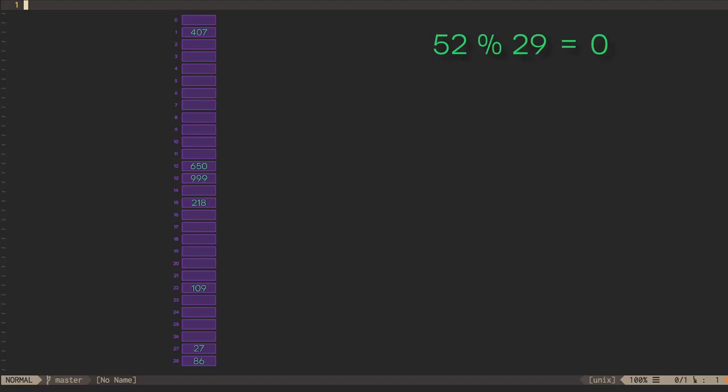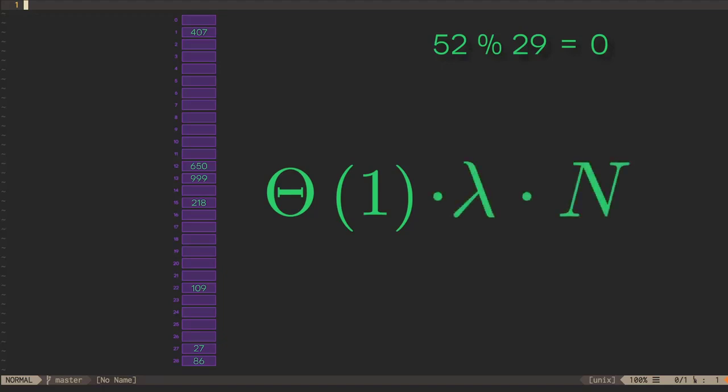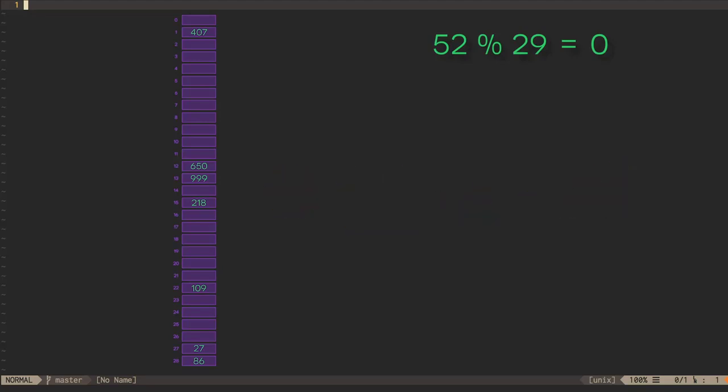This is a linear operation. Recalculating one hash code is a constant time operation, but we have lambda n recalculations to perform. If we're going to keep our constant time insertions, we had better not rehash the whole table too often. If we follow the same strategy as vector growth, that is, making sure we double in size every time we